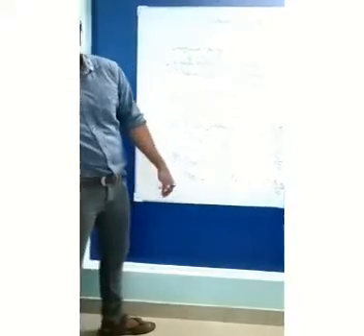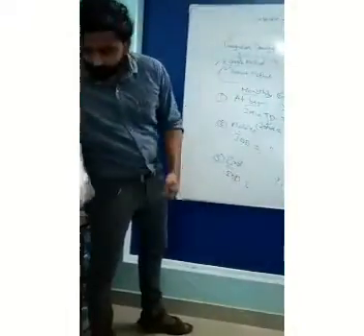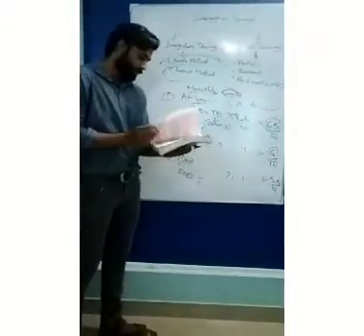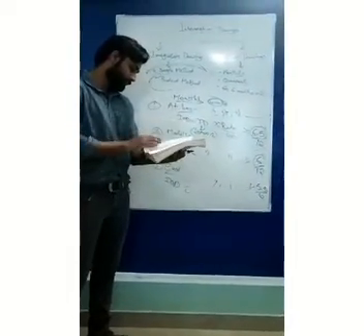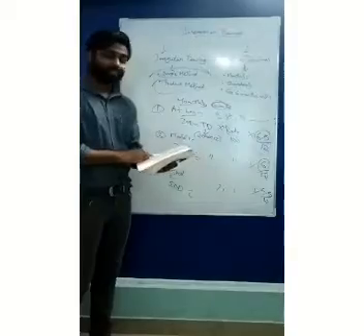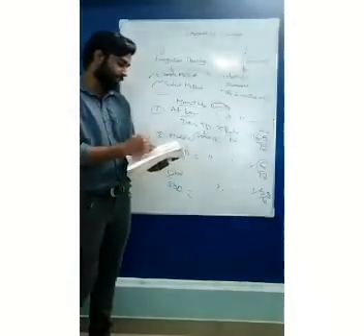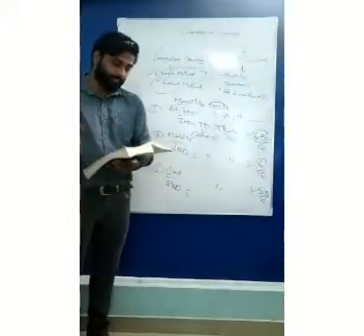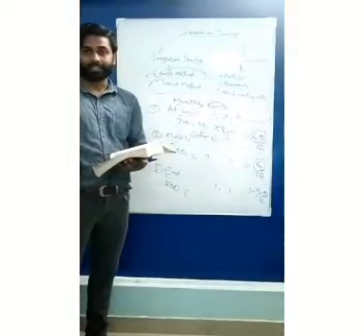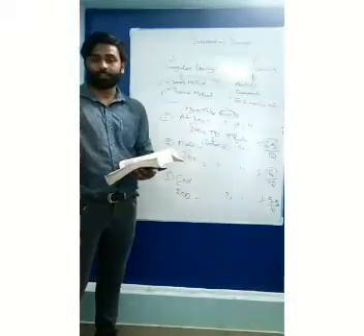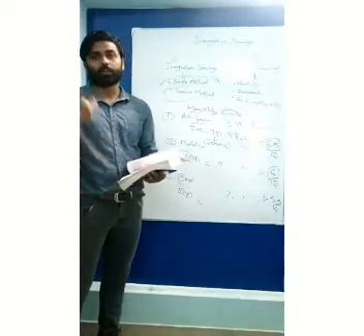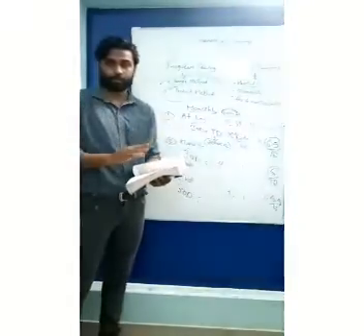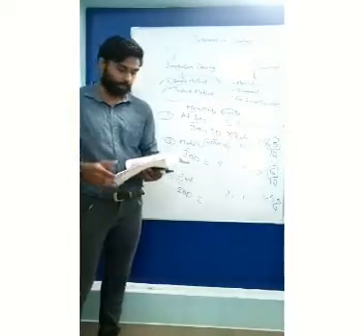In illustration 17, you can see this. Drawings are 10,000 per month. Interest rate is 15% per annum. You have to find interest on drawings if it is withdrawn at the beginning of the month, at the middle of the month, or at the end of the month. 3 cases have been shown in illustration 17. Please copy it out.